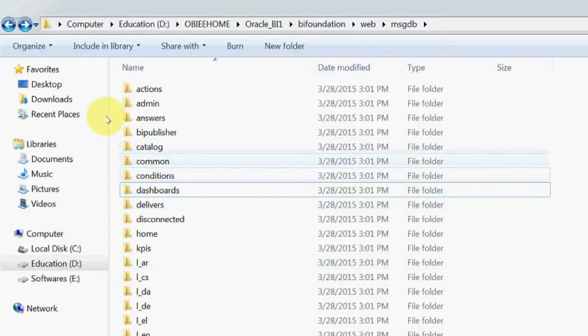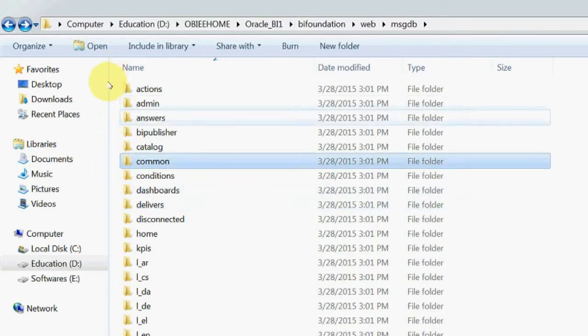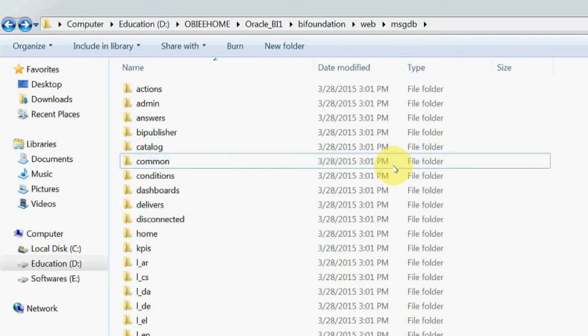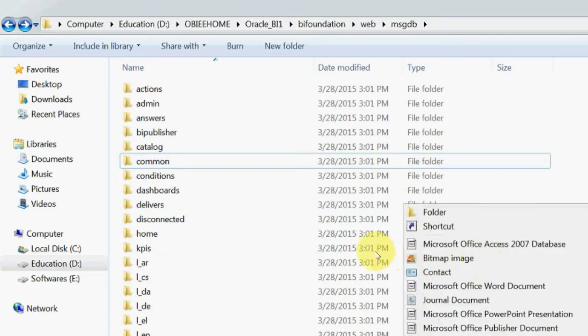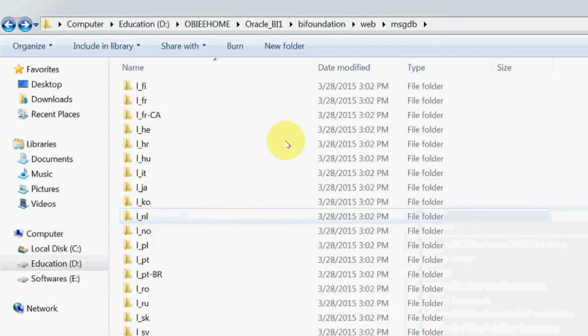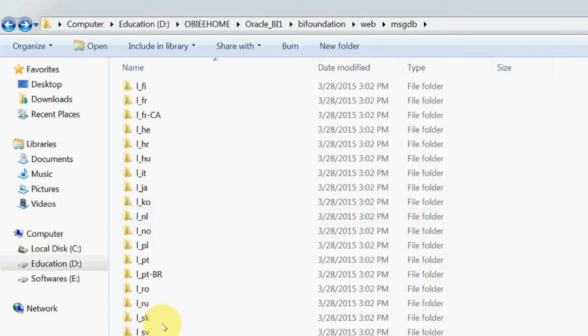Here check whether any custom messages folder is available or not. So here the custom messages folder is not available. So what I am doing now is I am creating a new folder with the name of custom messages.